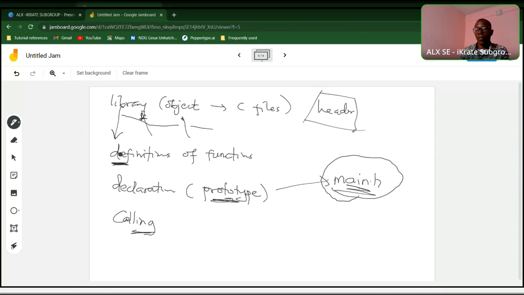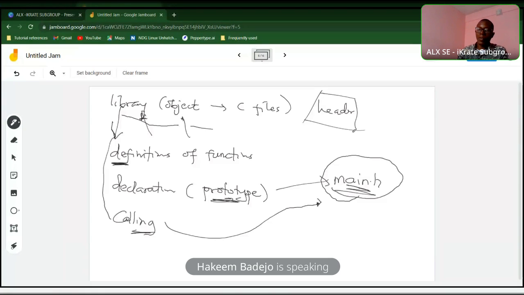That's calling the function. Any of the functions that you are going to call, you have to provide its prototype here. So what I said was that after you have created your library file,